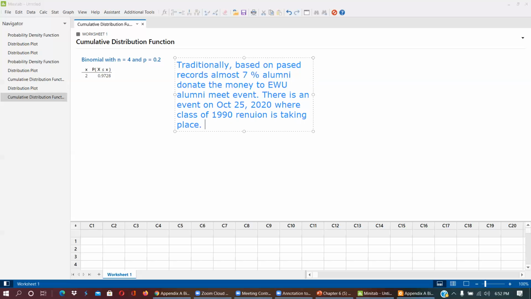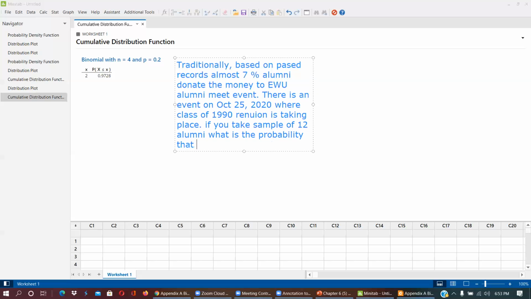And if you take a sample of 20 alumni, or 20 is bigger because we have 16, beyond which it becomes normal distribution, so just keep the sample less than 16. So I'm just going to take a sample of 12. If you take a sample of 12 alumni, what is the probability